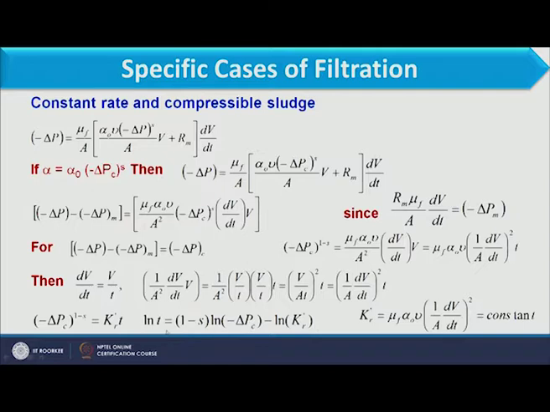rewrite the expression. Now here you see time varies with delta Pc. So to calculate S value as well as Kr dash, we have to draw the line of pressure drop across the cake versus time. Now how can I obtain practical value of pressure drop across the cake? When we draw the graph between total pressure drop versus time, and when we extend this curve up to t equal to 0, whatever would be the pressure drop at t equal to 0, that would be the pressure drop due to media, not the pressure drop due to cake, because at t equal to 0 cake will not be formed.